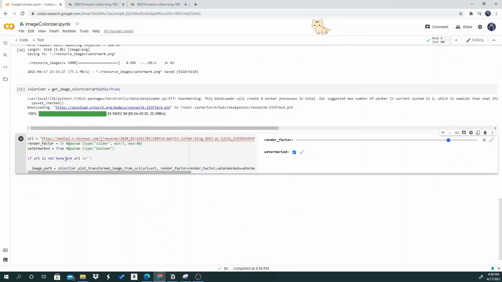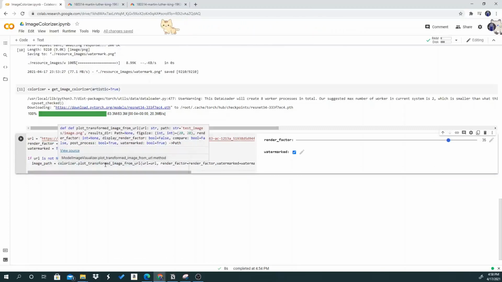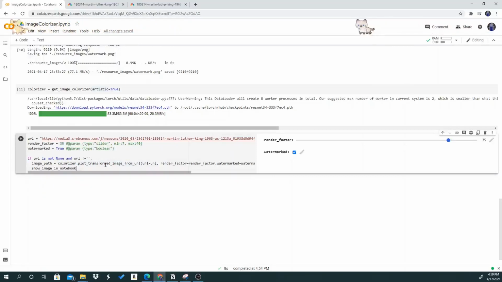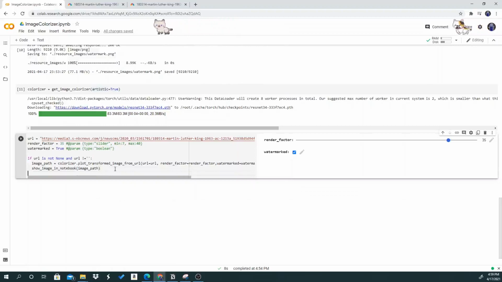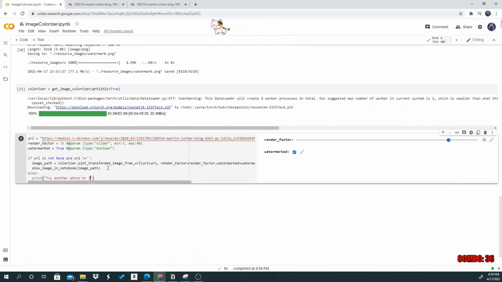So let me just go back. Okay. So show image. Now we're gonna actually show the image. Show image in notebook. There we go. And the image path. Okay. So if this piece of code doesn't work, then we're just gonna say print, try another photo, or find a valid URL. That's it. Let's run this last line of code, and we'll